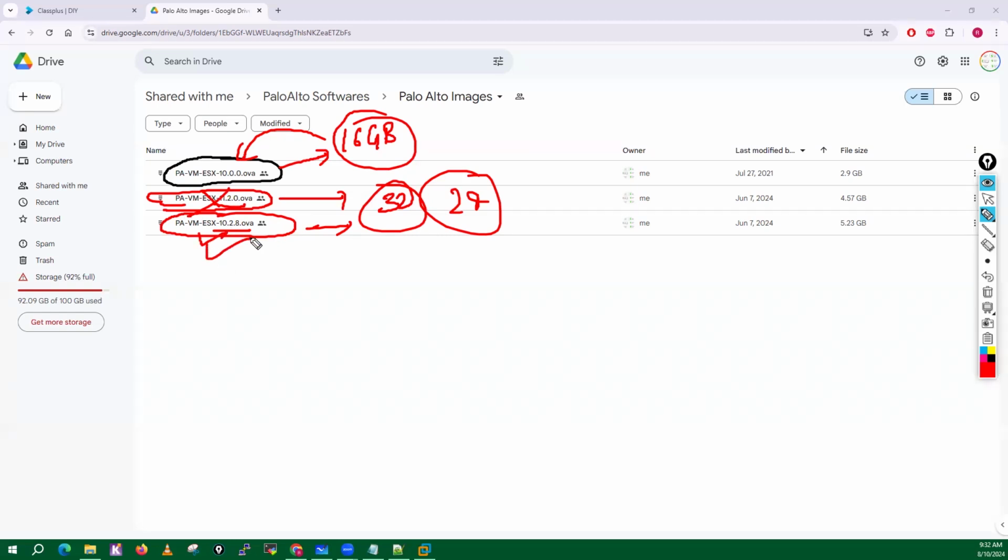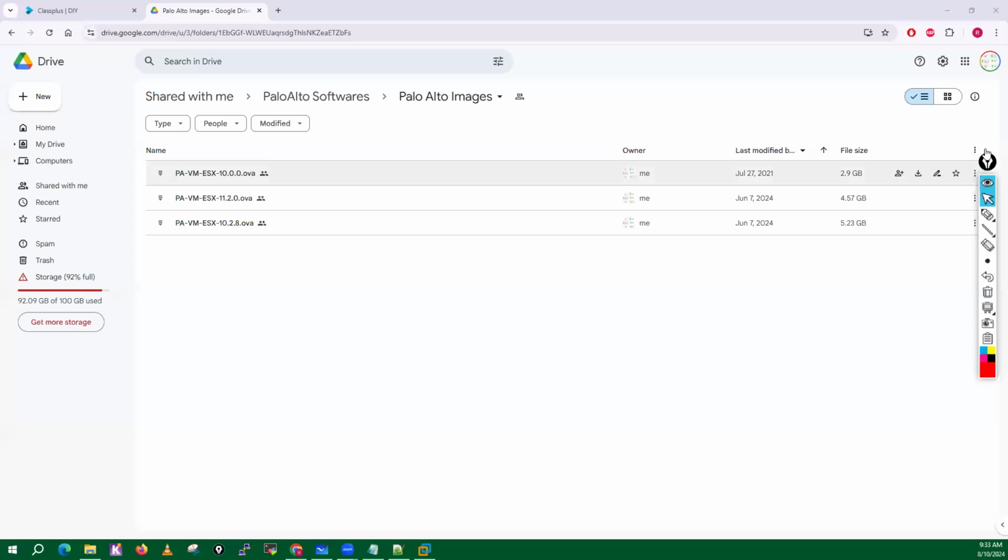Okay, but there is not much difference. There is no much difference at all between 10.0.0 and 10.2.8. There are some feature changes, but they happen at the back end, and you don't need to care about it, because no one is going to ask you in the interview, or in the PCNSE exam, what changes happened in 10.0.0 and 10.2.0 or 10.2.8. Nobody. This is just for the tech people. Okay. Now,